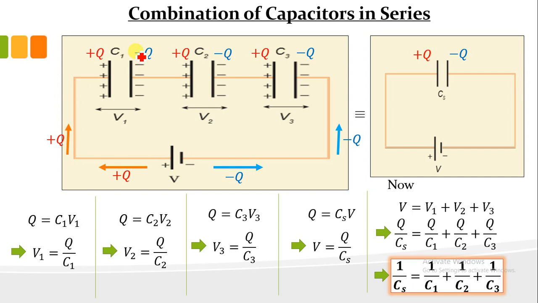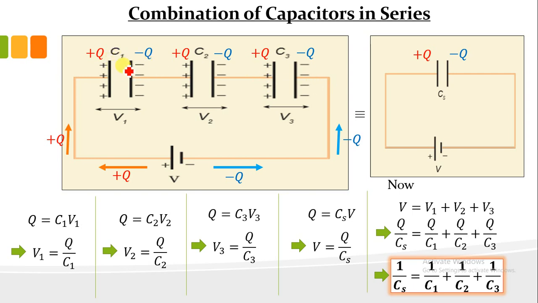Since the other plate is kept very close to the first plate of C1, induction starts, and because of this positive charge, negative charge accumulates at the nearby end, and at the far end positive charge is created. The process continues. This way you can say that the inner plates of these capacitors get charged because of induction. In this way you can see that each capacitor is now charged having equal charges.